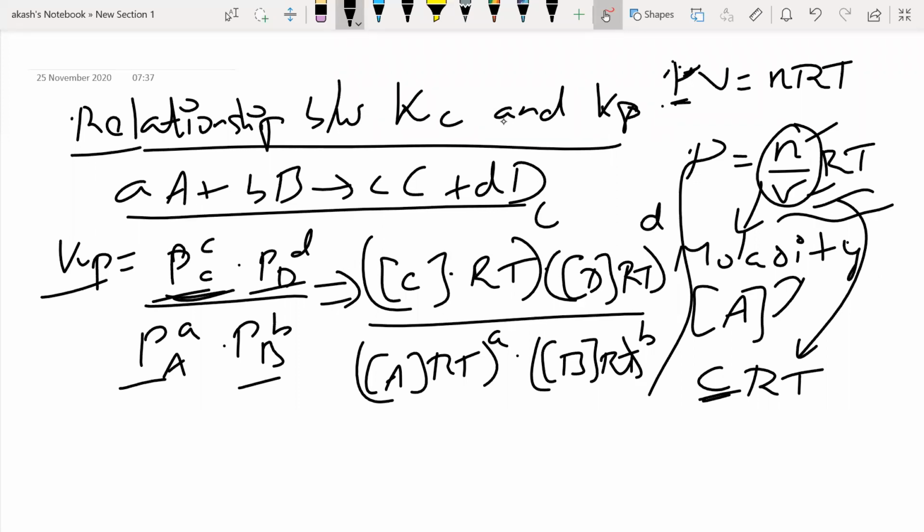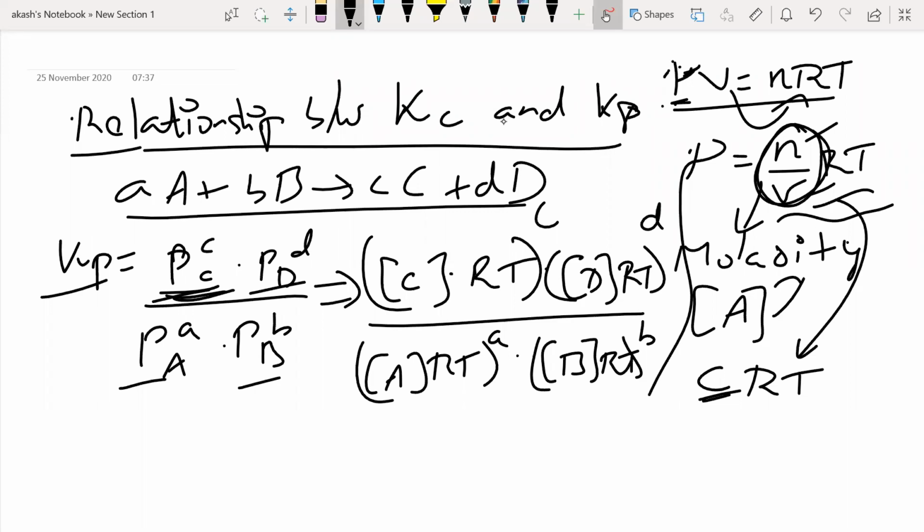Now I am going to use my ideal gas equation. So in the place of the partial pressures, I'm going to use something else. I know PV is equal to nRT, so I just bring V this side. So it will become n by V into R into T. Now, what is n by V? n by V, I told you, is molarity. No, I didn't tell you. That is why you should know it. Number of moles of solute divided by volume of solution, that is what is molarity, that is what is concentration.